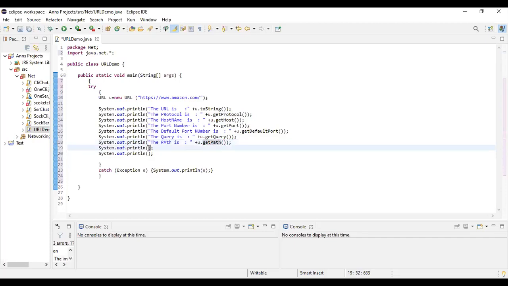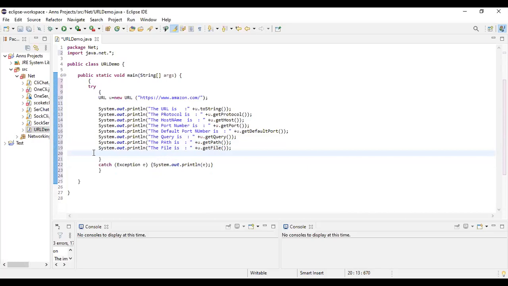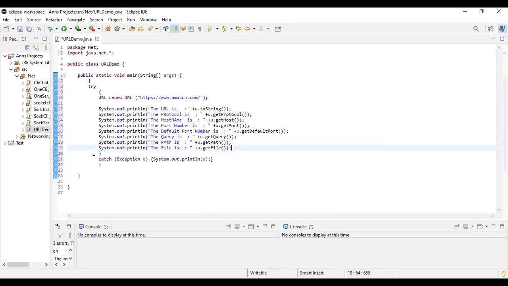If you want to get the file in that particular URL, I should have gone into some inner Amazon page. Anyway, I'll take another link, otherwise you will not be able to see the query. So these were the various methods we talked about.